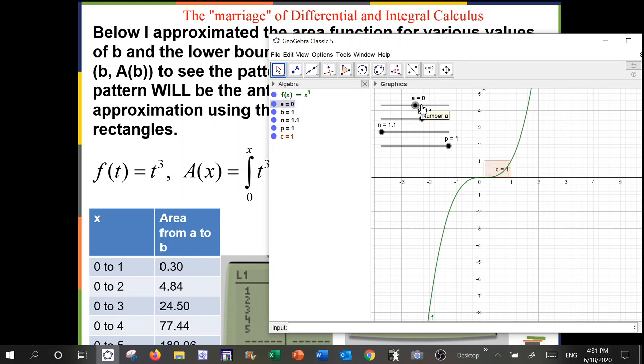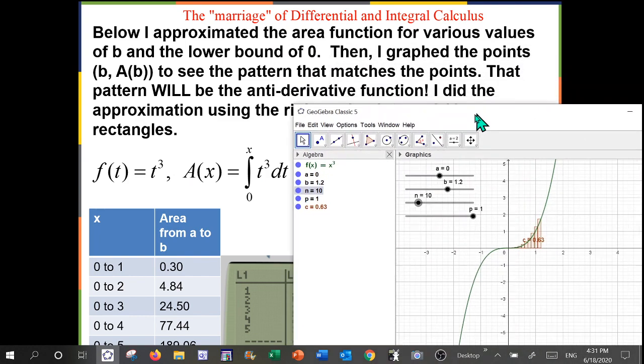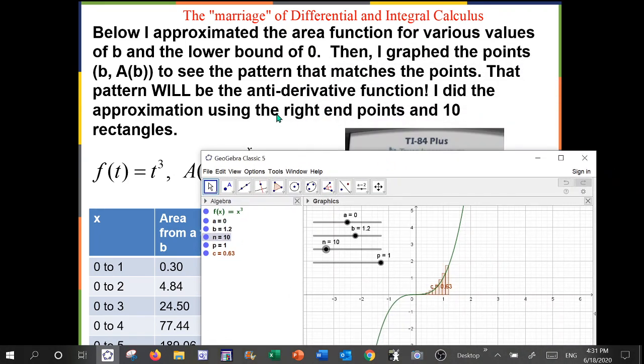There you go. And then I'm going to set B. B, of course, could be any number to the left and to the right of A. And for the number of rectangles, I'm going to, for now, make it maybe 10 rectangles. Okay? So what I want to do is use 10 rectangles to estimate the areas from 0 to